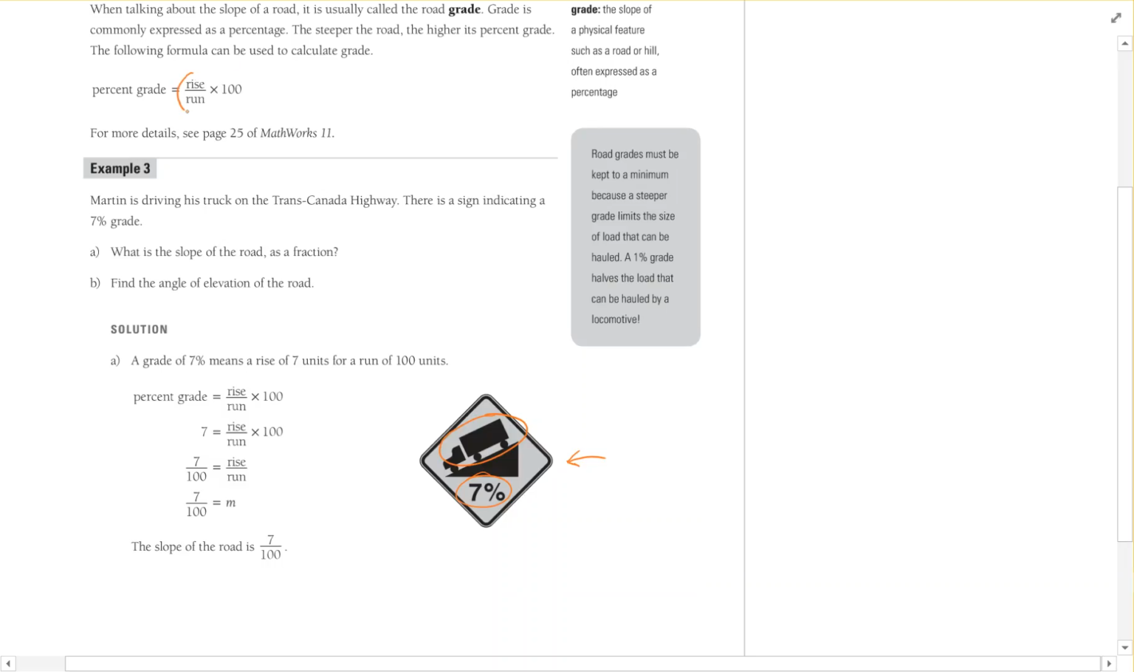So we talk about it as a percent grade, and the only difference here, like we've done rise over run as our slope, right? Now what we're doing is we're just multiplying by 100. So if you had a slope of,